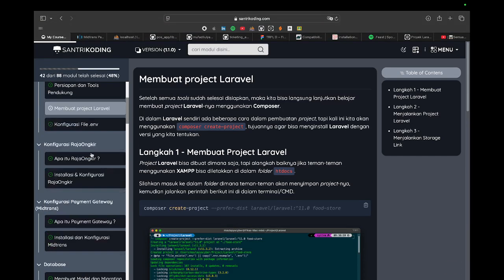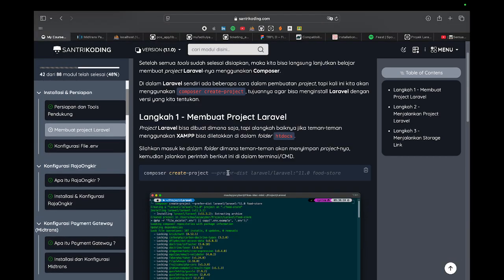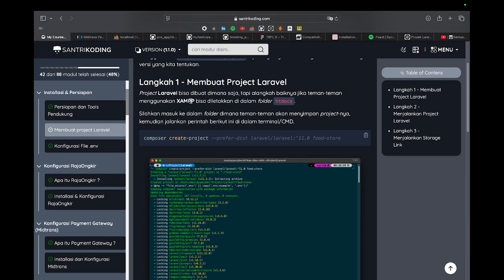Okay, next we build the Laravel project. We use Laravel 11, and use XAMPP or Laragon. If you usually use Laragon, just use Laragon.